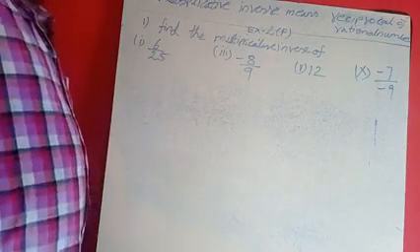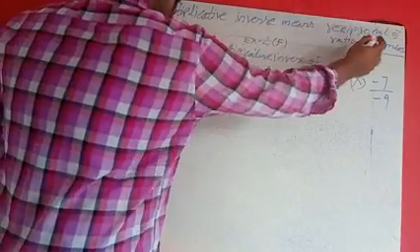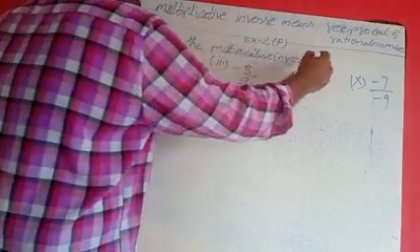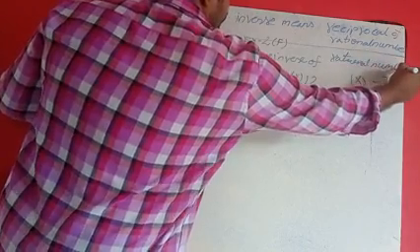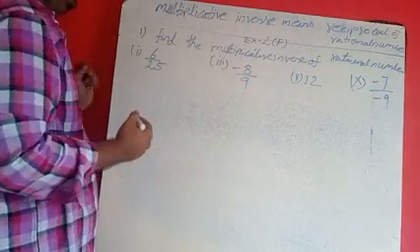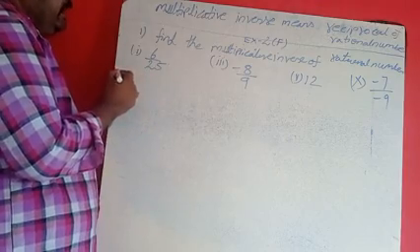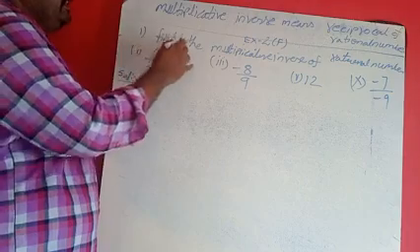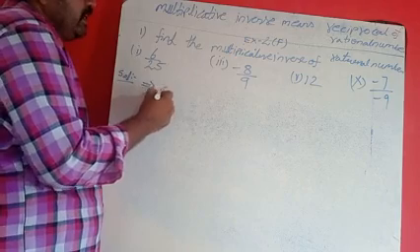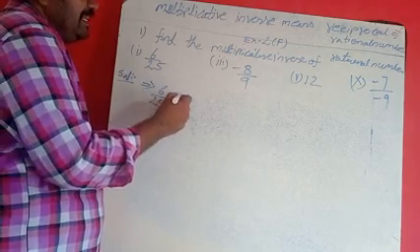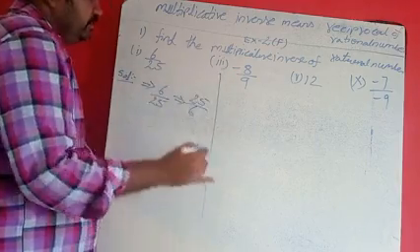So here multiplicative inverse means reciprocal of a rational number. Find the multiplicative inverse of a rational number given below. Here 1 to 10 sums are there. Out of 10 sums, I wrote 1, 2, 3, 4, examples for 4 sums. Solution: what we have to write for this sum? Inverse means taking the reciprocal, 6 by 25 will become 25 by 6. The sum is over.